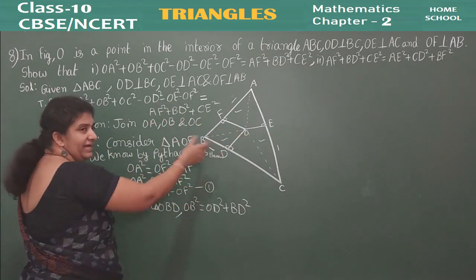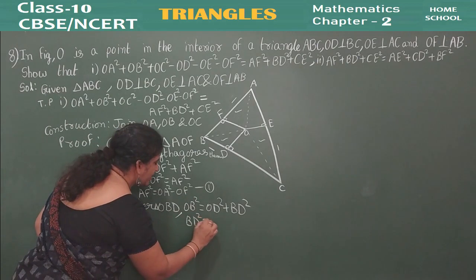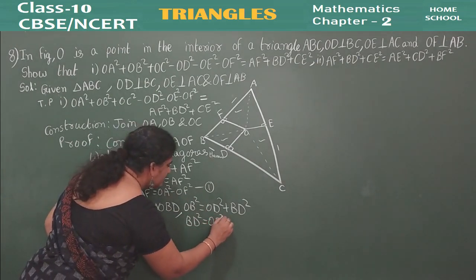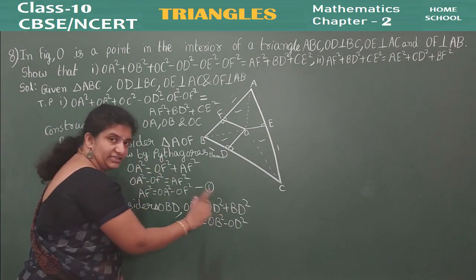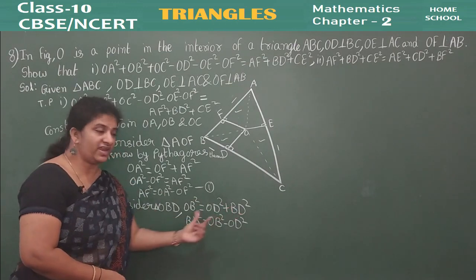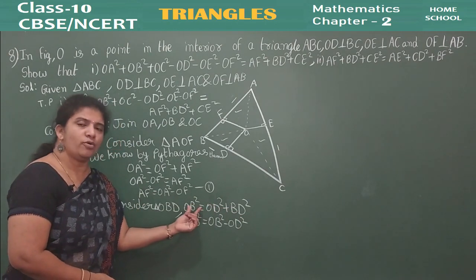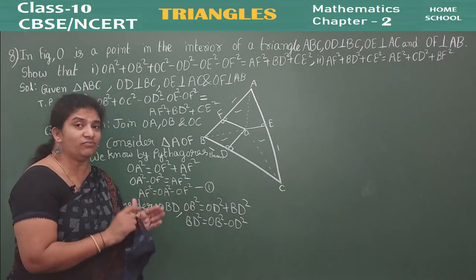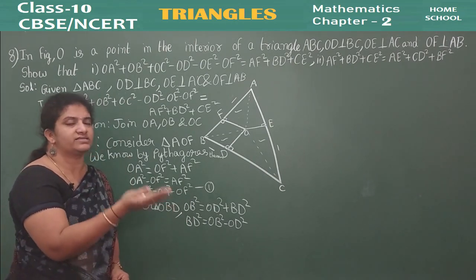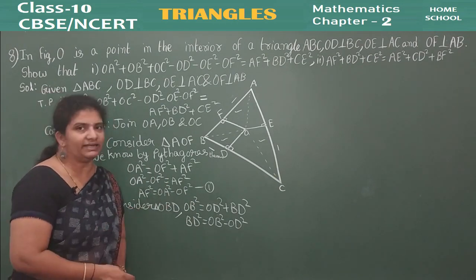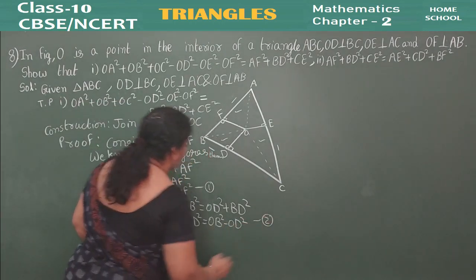What do you need here? BD square on one side. So BD square is equal to, bringing this to the other side, OB square minus OD square. See here, when I am interchanging, don't get confused. BD square had a plus; if it comes as minus, don't worry. OD came to this side: OB square minus OD square. When the whole sets are rearranged, LHS is sent to RHS and RHS is sent to LHS, you can interchange. So next, mark this second equation.